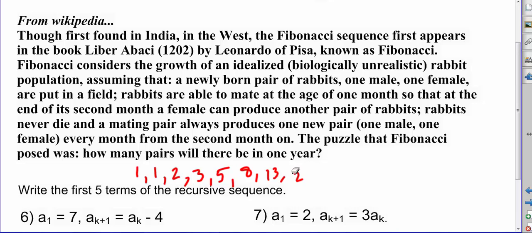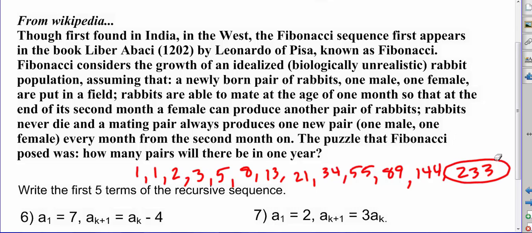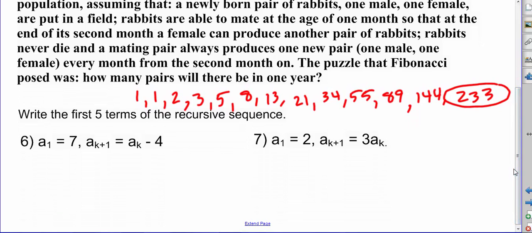We'd have a 13, and then a 21, a 34, 55, and we would keep going until we get to the 12th month. Now remember, that's actually the 13th term in the sequence we've listed here, because the first month was the beginning point, and the second number 1 was at the end of 1 month. So at the end of a year, we'd have 233 pairs of baby rabbits,